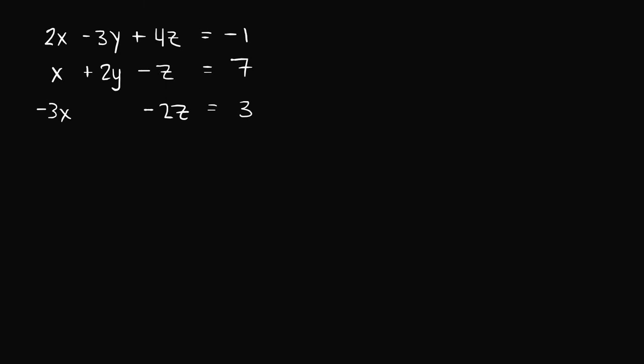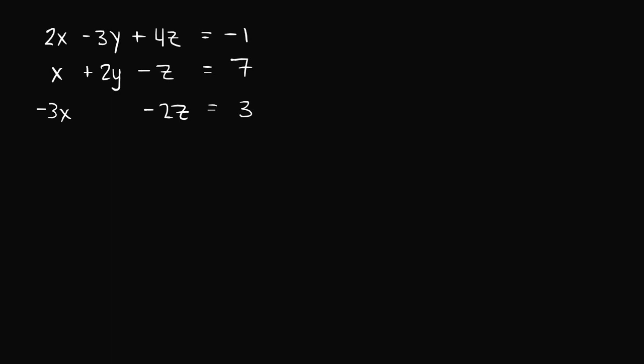Let's say we had this following system of linear equations. 2x minus 3y plus 4z is equal to -1, x plus 2y minus z is equal to 7, and negative 3x minus 2z is equal to 3. Now we know how to manipulate systems of linear equations using row operations, elementary row operations, and turning it into